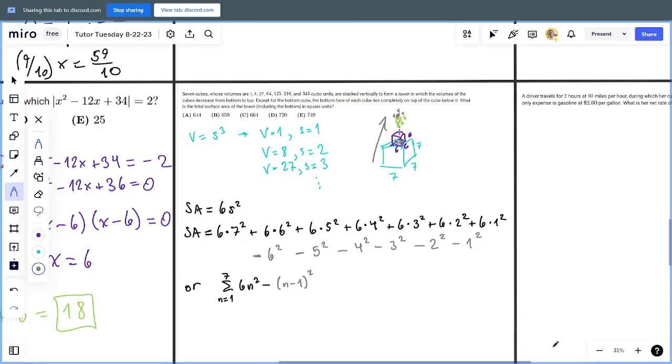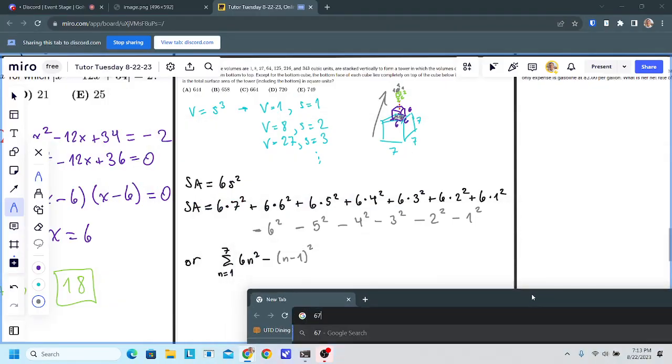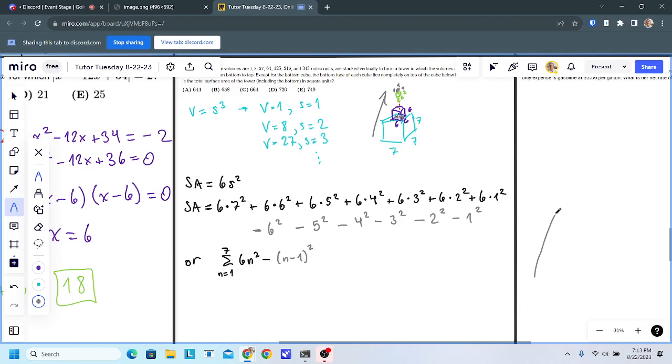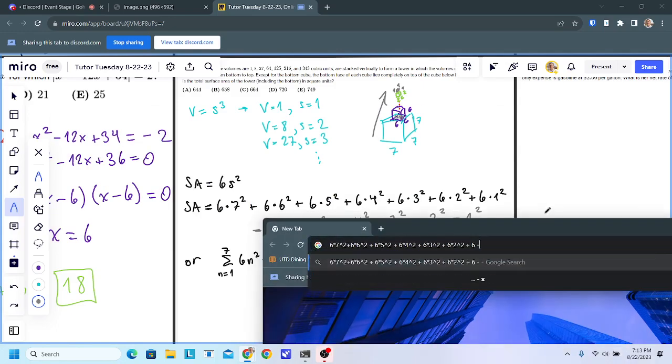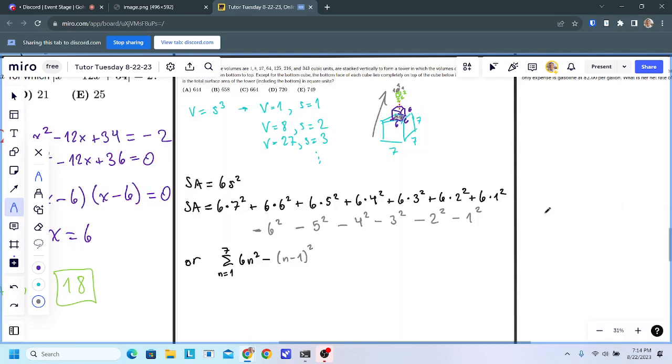The problem is almost done. We just need to evaluate it. So I'm going to plug everything into my calculator and I'm going to get 6 times 7 squared plus 6 times 6 squared plus... I think the calculator should also have sigma notation, but I don't have my calculator on me. 6 times 2 squared plus 6 times 1 squared. We subtract off 6 squared, 5 squared, 4 squared, 3 squared, 2 squared, and 1 squared. So the final answer that I got was